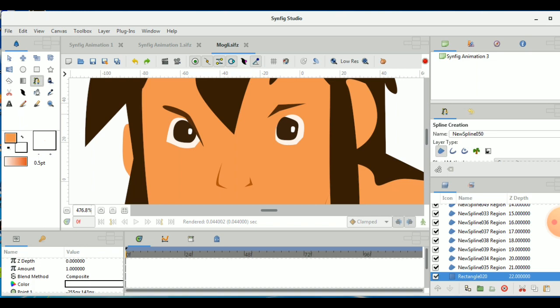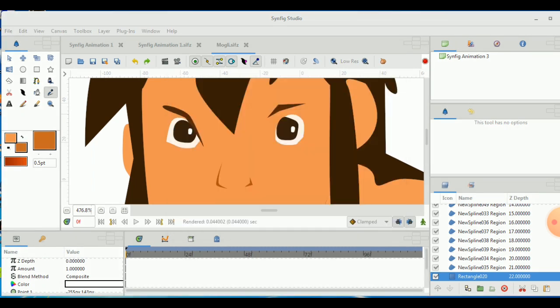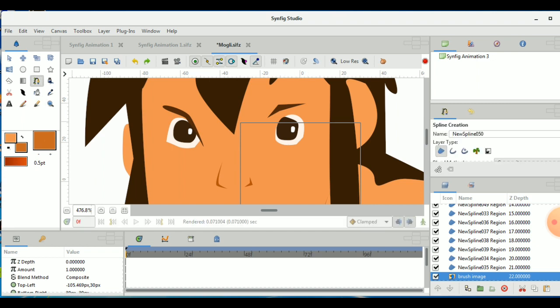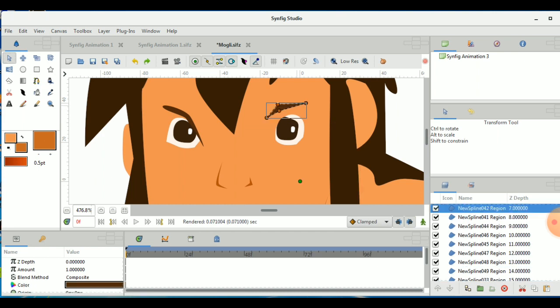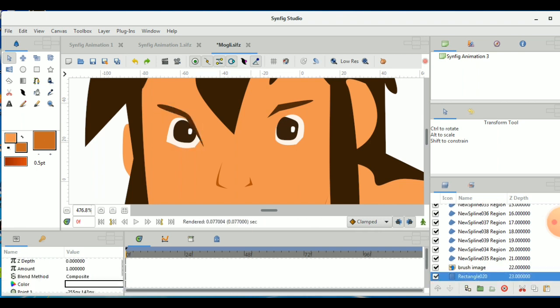Now one of the things is the shades. I will try to add the shades to it. As I said, I elongated the eyebrows because they were normally small.